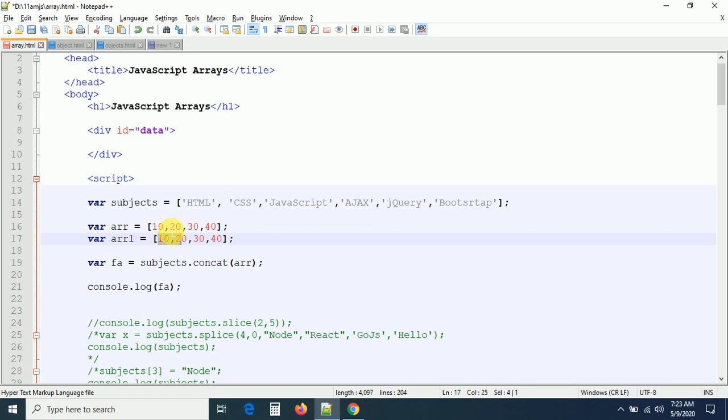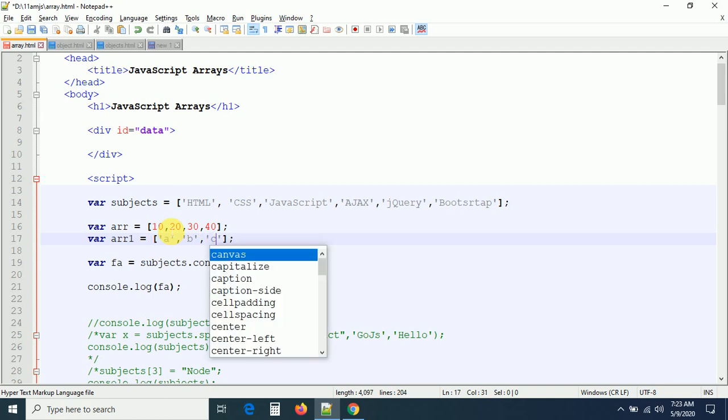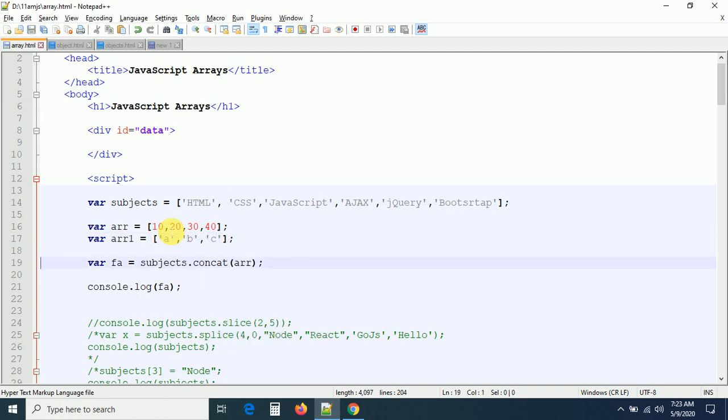This is going to be one more array. Let me have some string values in this array, guys: A, B, something called C. Now if you want to add more, then you have to come here. Into this we can pass one more parameter, comma ARR1, something like this. This is if it is a single array. If it is multiple arrays, you can pass them here also. You can pass something called hello also, right? This is also okay. Now we passed 3 arrays to this: one is ARR1 we defined, the second is ARR, and this is hello, which I am giving directly.